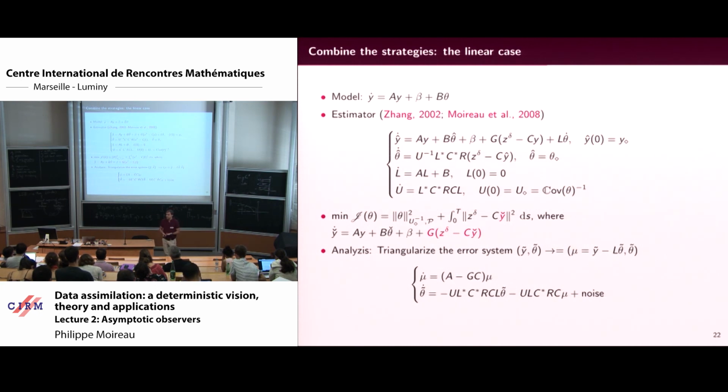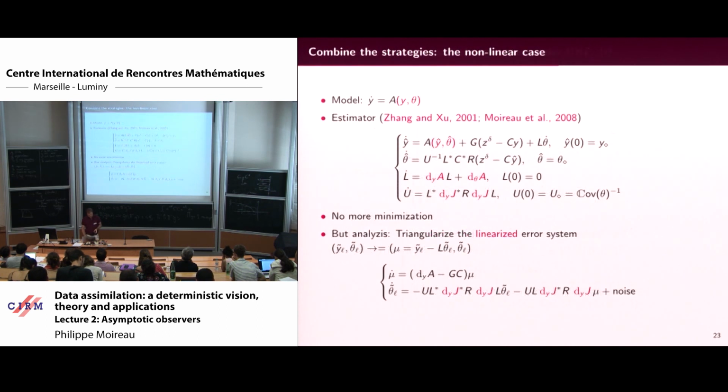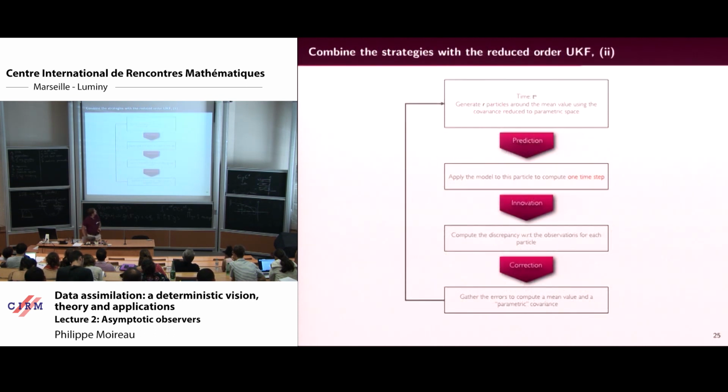If you use that for a conservative system, since it is conservative, you can prove that if you put G equals 0 here, you have mu dot equal A mu, and this error cannot go to 0. It will even blow up because you may have noise that enters the system. So it's super important to understand that when you do identification, it's always a good idea to also take advantage of the data in order to control the state. So that's basically the algorithm.